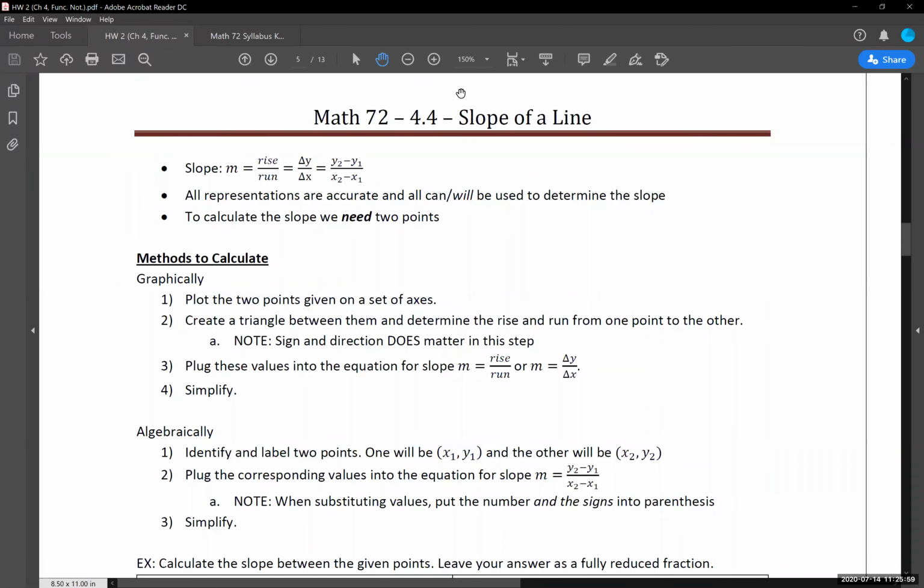So we have our methods for doing this thing graphically and finding that value. We also have methods to find this thing algebraically. So going through and finding it graphically, that's where we're going to be using our two versions of this, the rise over the run, or the change in y over the change in x. And then algebraically, we're going to actually solve this thing with our final form that we have. But again, in either instance, we need 2 points.